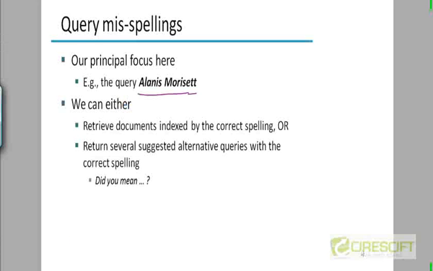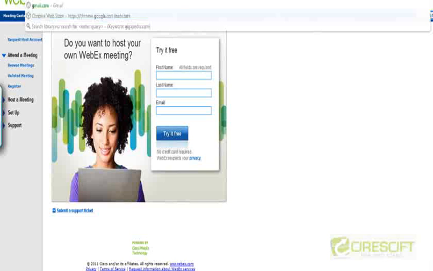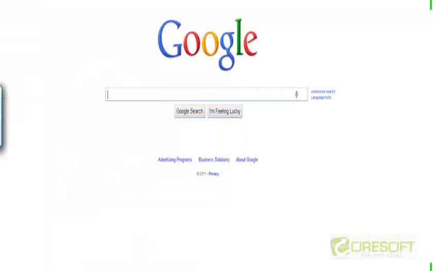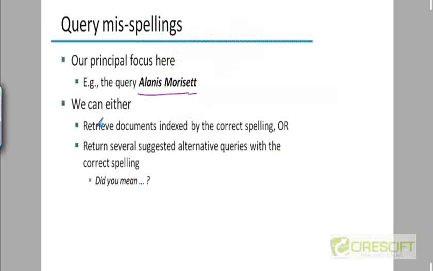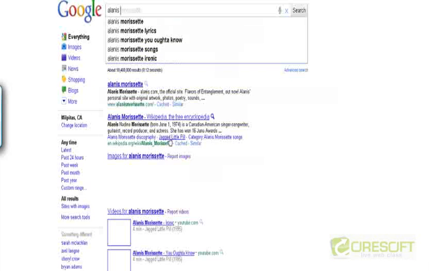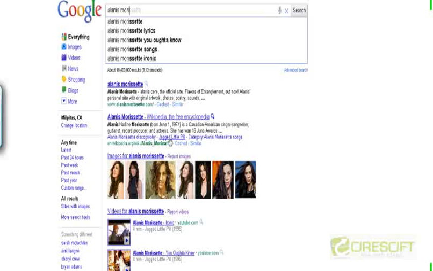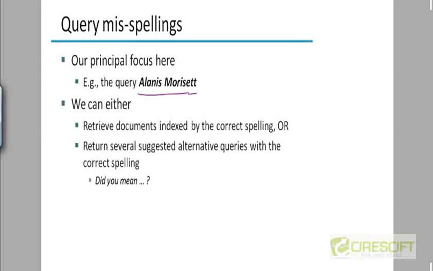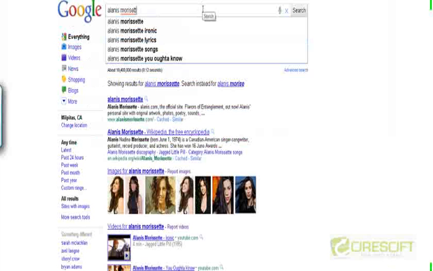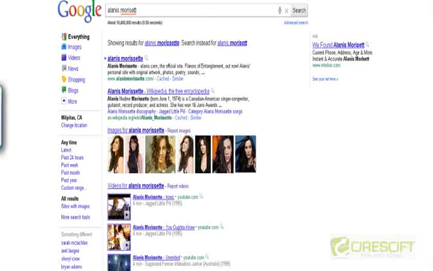Now we can just try this query on Google, and one of the things that you have to decide beforehand when you want to build a spelling corrector is what kind of UI you want to present to the user for spelling correction. Okay, so let's see what sort of UI Google presents. If we just type this misspelling, Alanis Morissette, now you can see that what Google is doing is it's correcting the spelling to Alanis Morissette, which is her true spelling,